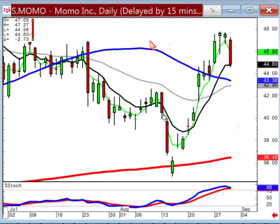Momo, same scenario. There's your Hanging Man. There's your Doji. Where was a logical place to put a stop today? It shouldn't come back down through the low of this candle, because if it did, where do you think it was going to? Back down to the T-line. So again, this is all just kind of visual confirmation, what happens normally in human nature. Now we had a couple that were big movers